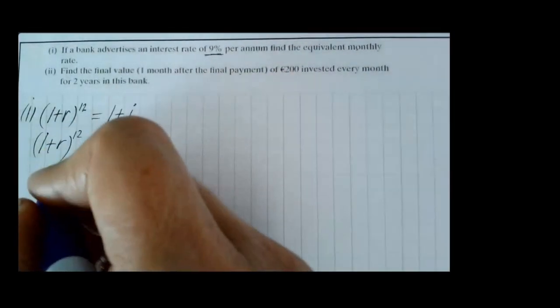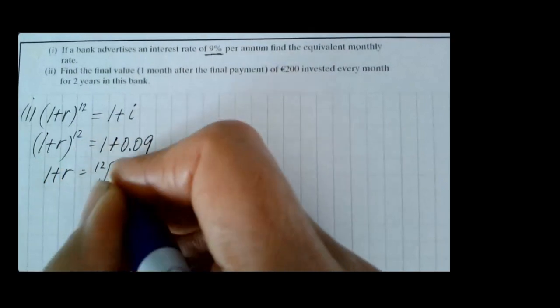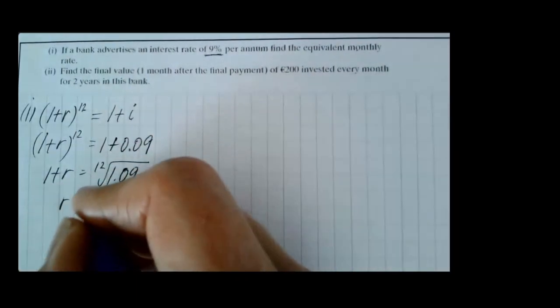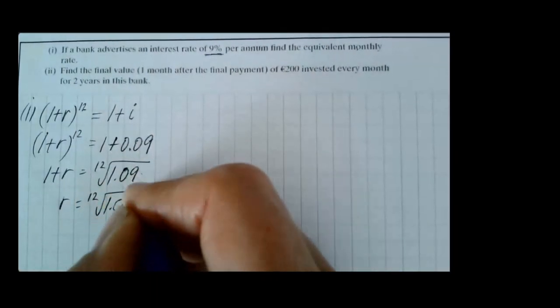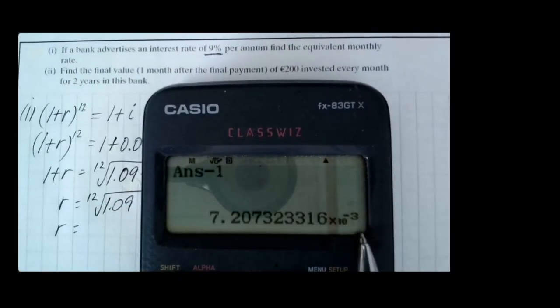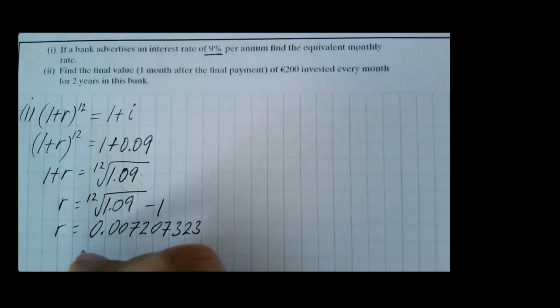0.09. Okay, so to get R on its own, I'll first of all do the 12th root of the 1.09. And then, of course, I'll subtract the 1. Take away the 1. And again, I'm getting the standard form. So I'm just going to add that 1 back on so I can see what that decimal is and just know that I'm taking that 1 away. So 0.007207323, which as a percentage is